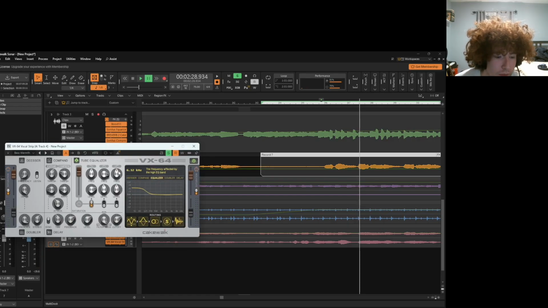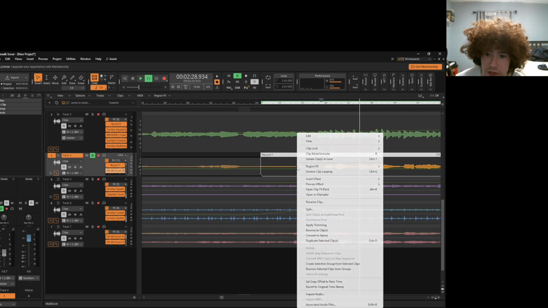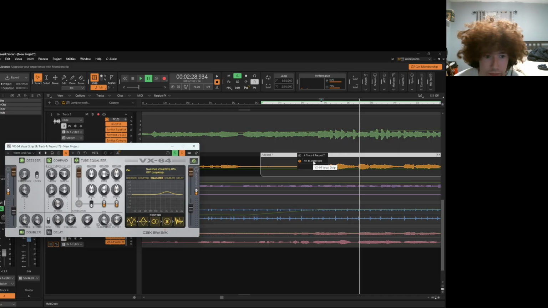Let's see if I can find it. Let's see, I think it's here, we go. Yeah, you can see I doubled it and I turned up the saturation, which basically makes it more grainy, just like more color, kind of like how pictures work. It's the same kind of thing. It just adds more to it, and you can hear that it sounds very